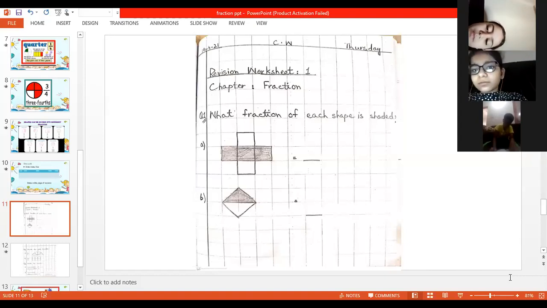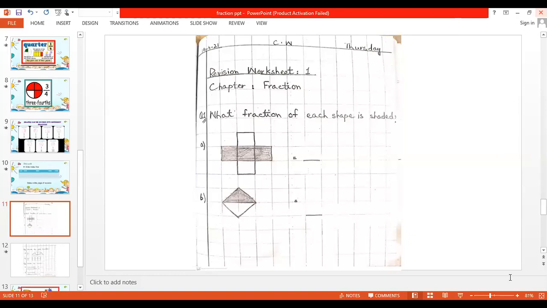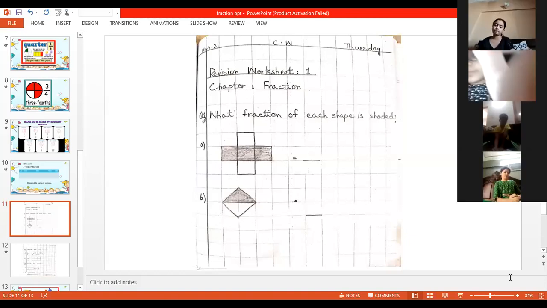Show me your copies, Hamna, Arham, Alia, beta. Show me that you are doing your work. Make a title page.